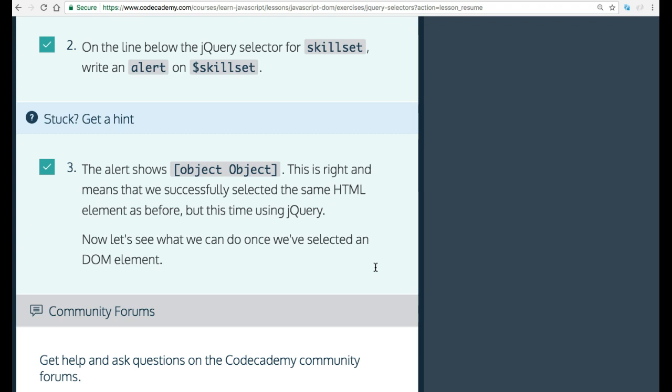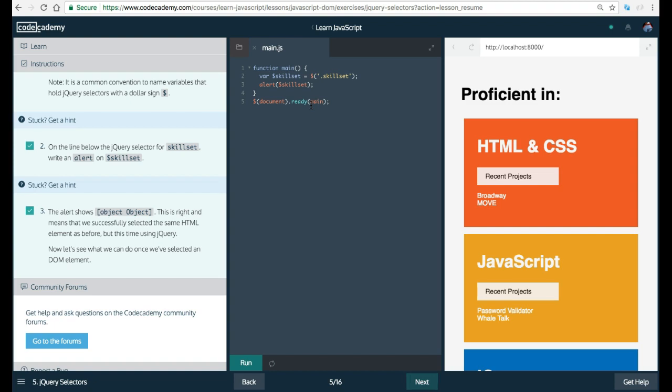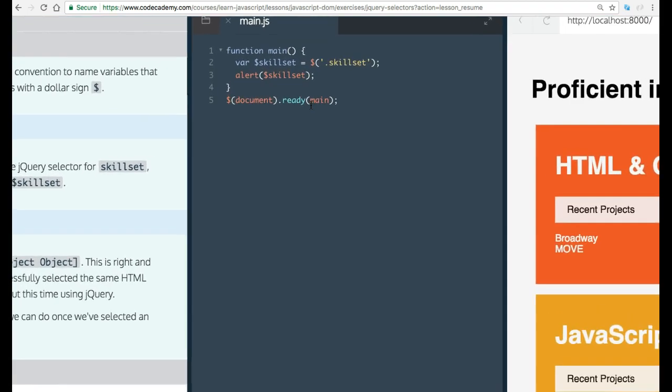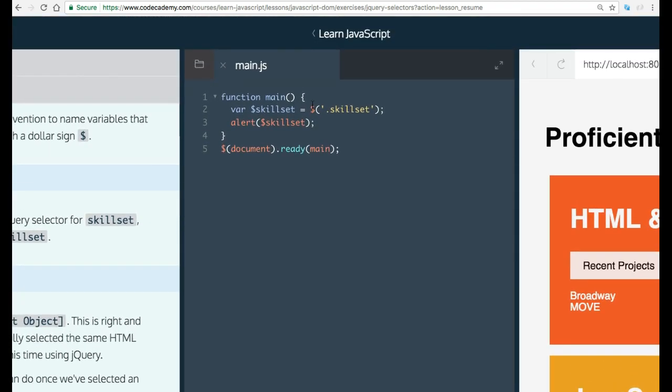this time using jQuery. Now let's see what we can do once we've selected a DOM element. So now we're going to see how we can select elements within HTML such as a paragraph, and by selecting the class name that paragraph could hold, like something we make up called skillset, which we want to apply to certain parts of your HTML page, certain elements that have that class name, we would be able to do